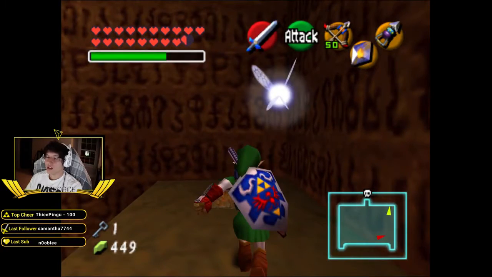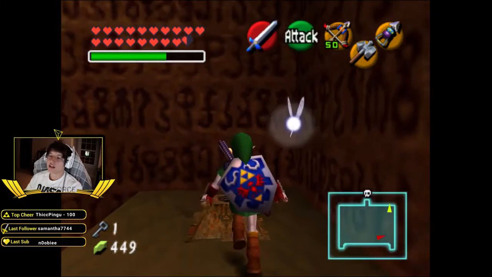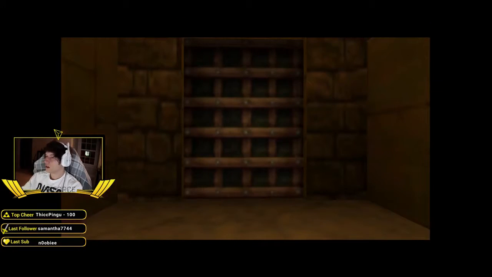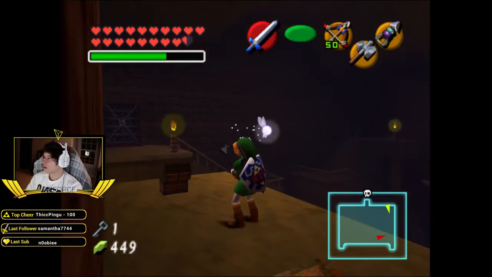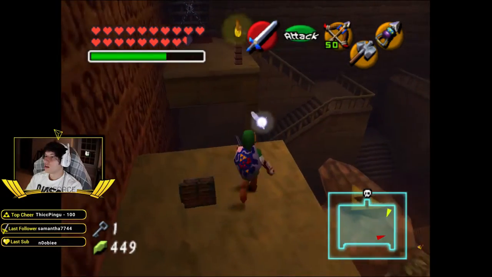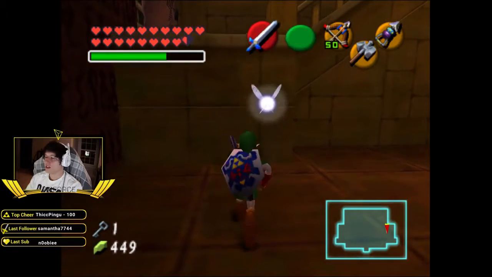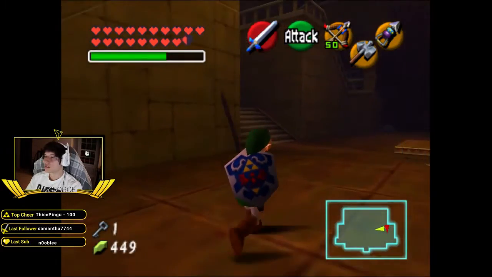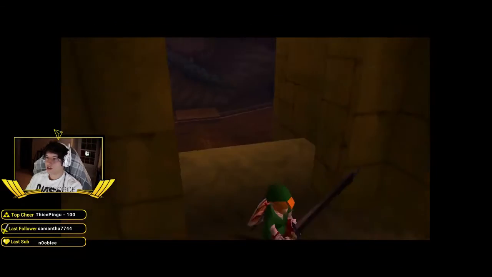Now, this switch is rusted. You can tell because it looks terrible. So we're gonna go boom, smack that down. And that's gonna lift the door. Okay. Oh my god, I missed the ledge. Whatever. Alright, so now that that's open, we're just gonna come into this room right here